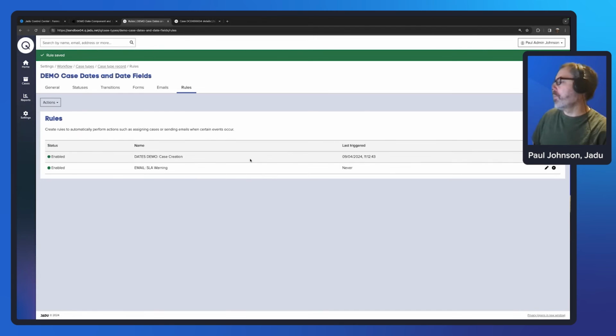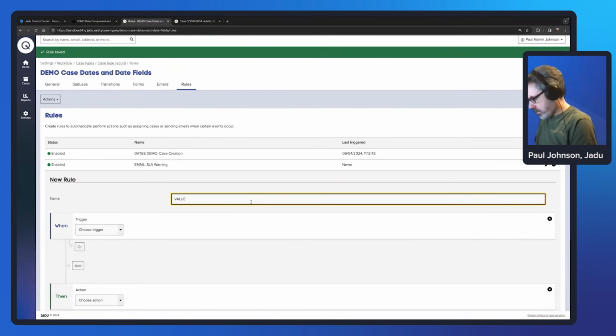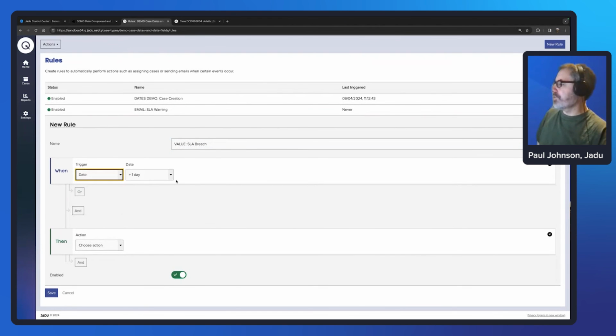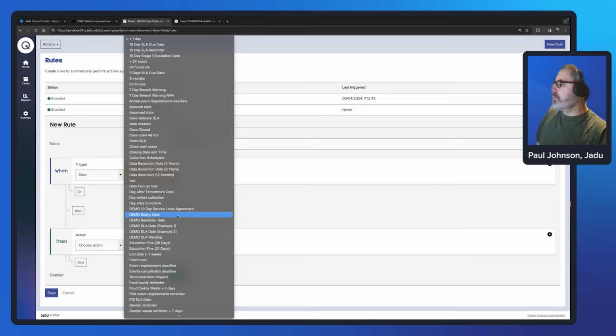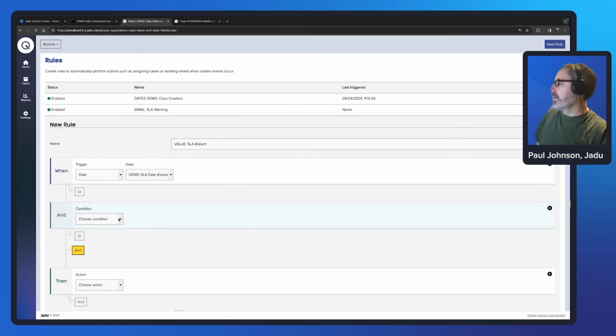In terms of SLAs, what I might also want to do is set up a rule to set a flag on a case to indicate if it has breached its SLA. So I could set up a new rule. Let's call it SLA breach. So in this case, I'm going to choose the date trigger, and I'll choose whichever SLA I'm using for this particular workflow, which is my example 1. So I'm going to say when it reaches that date, and again, the case status isn't closed,